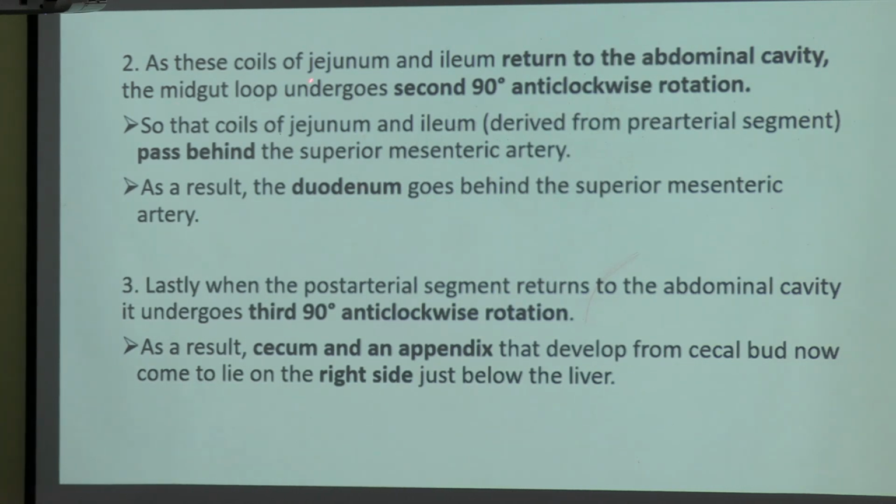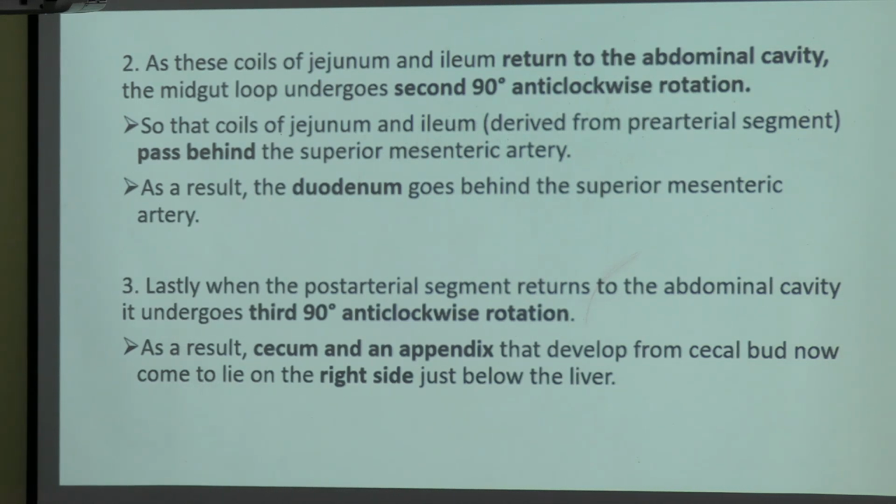As these coils of jejunum and ileum return to the abdominal cavity, the midgut loop undergoes the second 90-degree anti-clockwise rotation, so that coils of jejunum and ileum, which are derived from the pre-arterial segment, now pass behind the superior mesenteric artery.